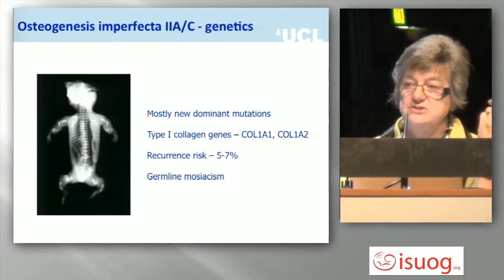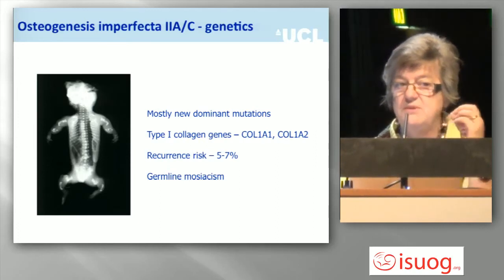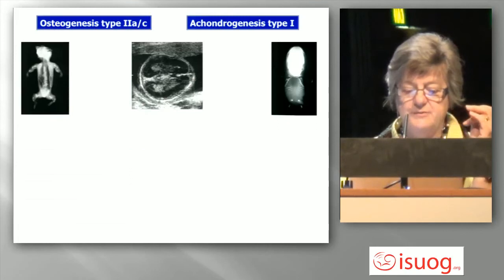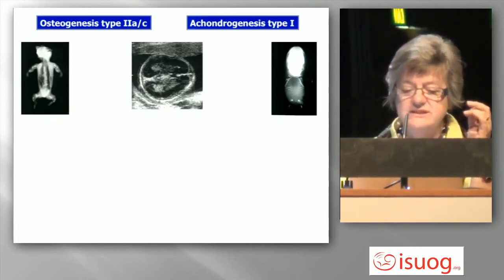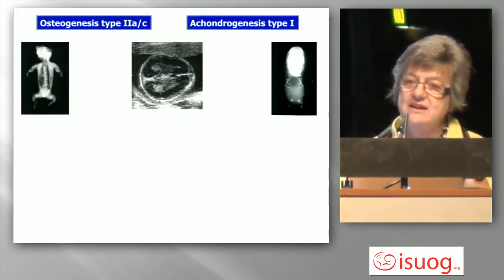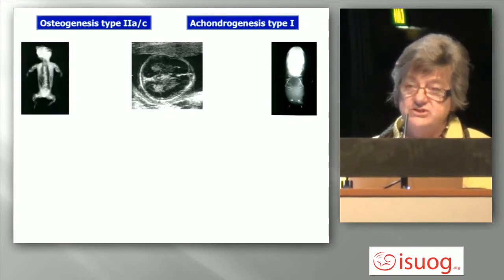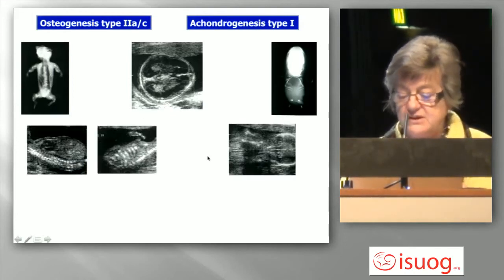They're mostly due to new dominant mutations, and the recurrence risk is low, between 5 and 7%, because there are some recessive varieties, and germline mosaicism can occur. The other rare condition, they're all rare, associated with a profoundly hypomineralized skull is achondrogenesis, and you can differentiate that from osteogenesis imperfecta by looking at the skull,